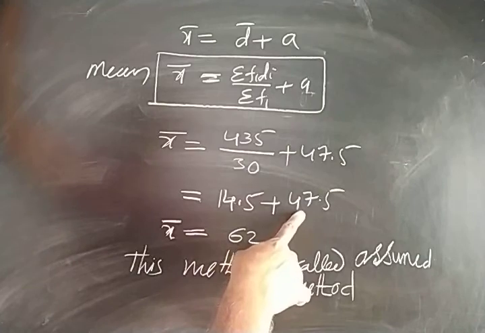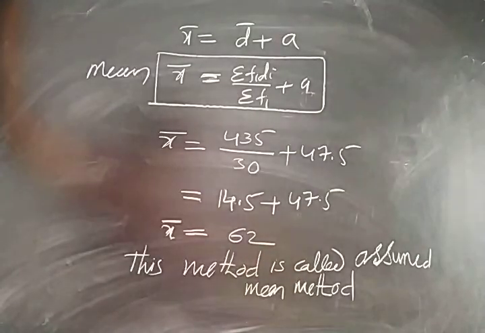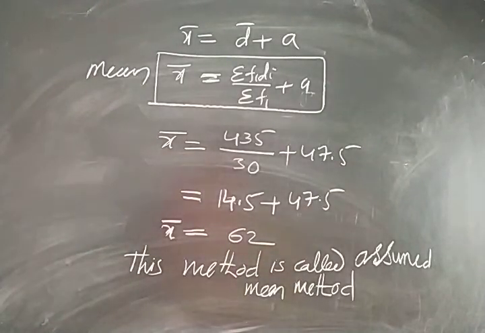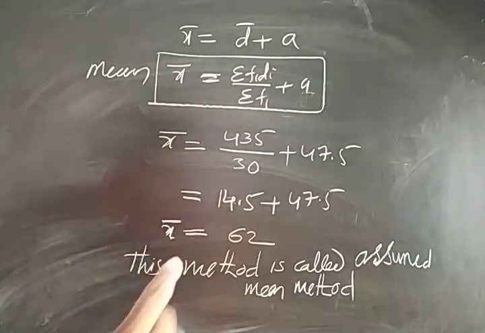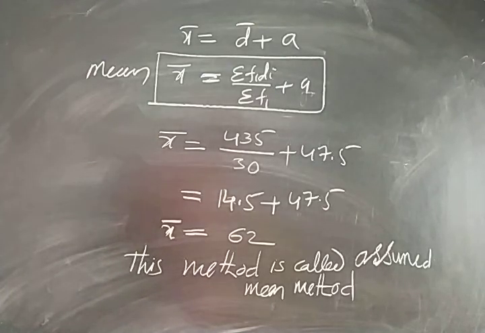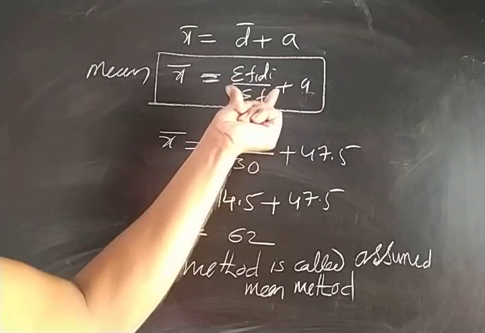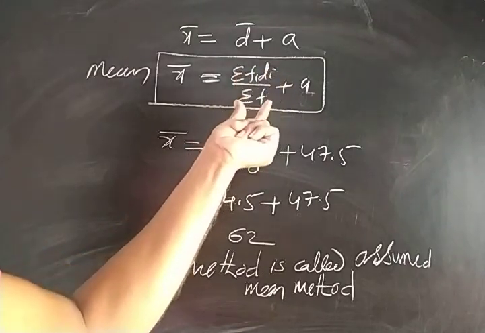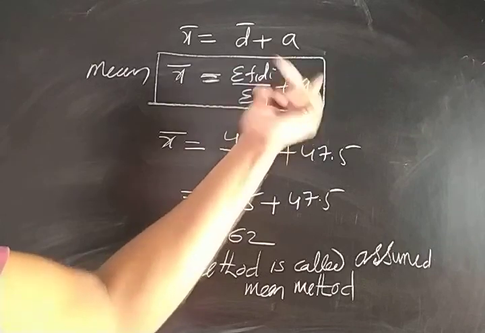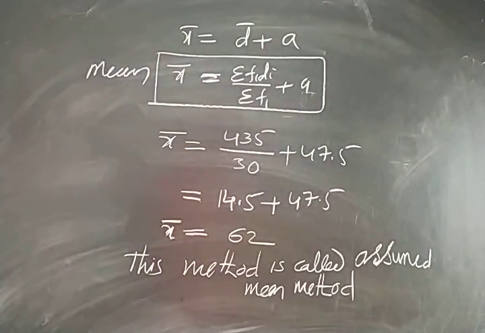How to get the assumed mean? Among xi values, you can select any one of the numbers as the assumed mean. So the a value should be the middle value of the class marks. Only the middle value you have to select as a. Then you can use this formula. Find the deviations in a new column. Then find summation fi di, summation fi, substitute the values plus a. Then you will get the actual mean of the problem. Okay. Tomorrow, next method, step deviation method. Right.